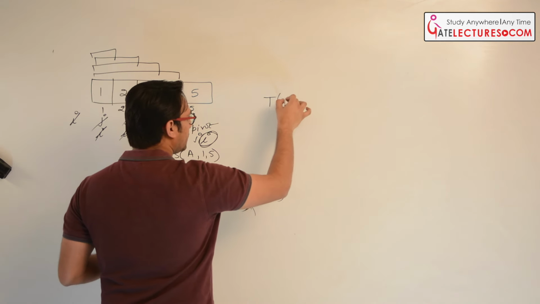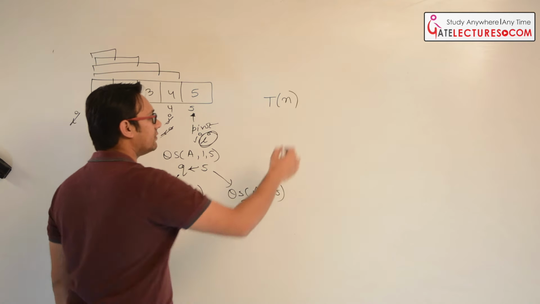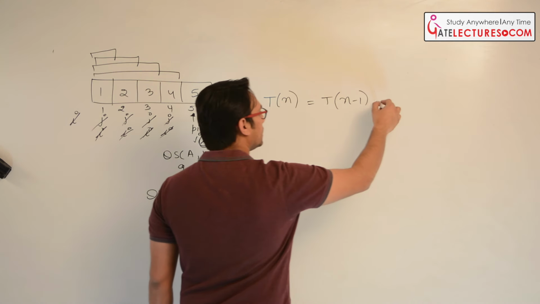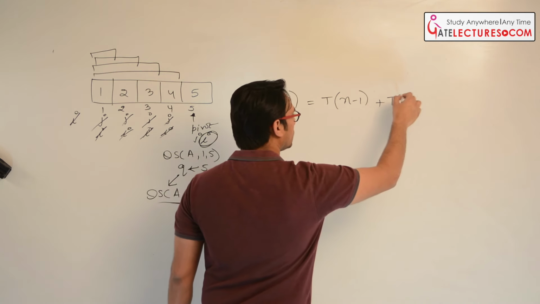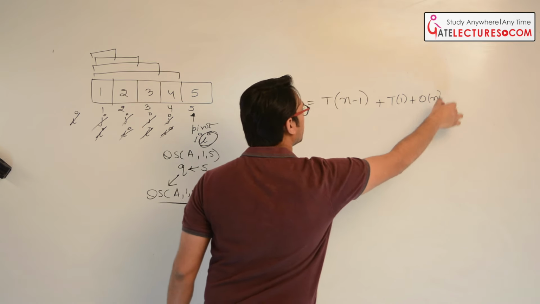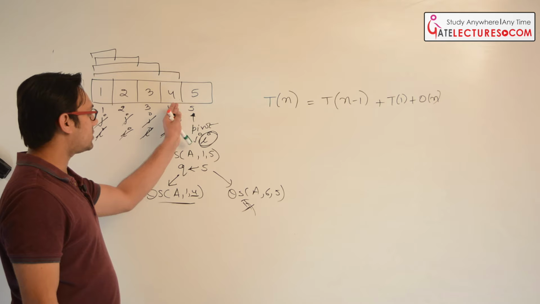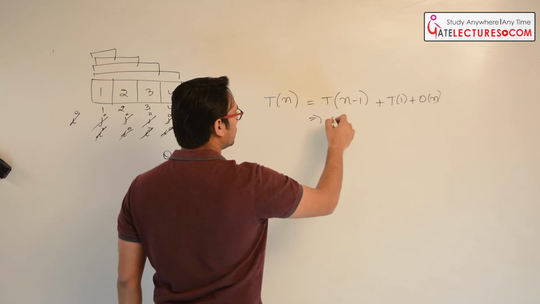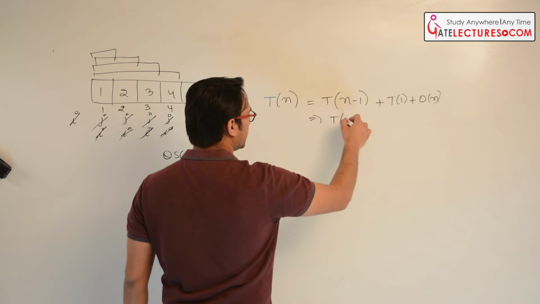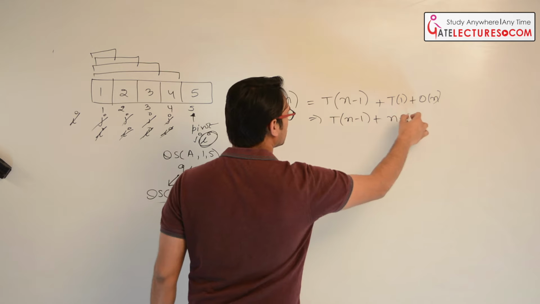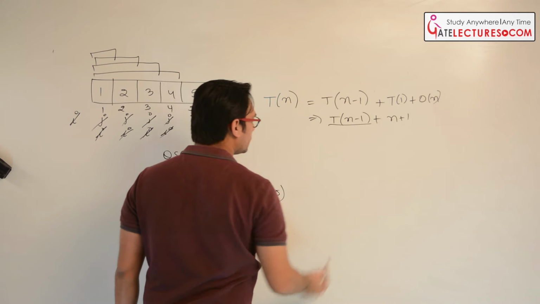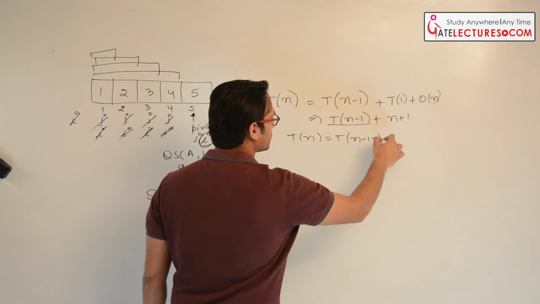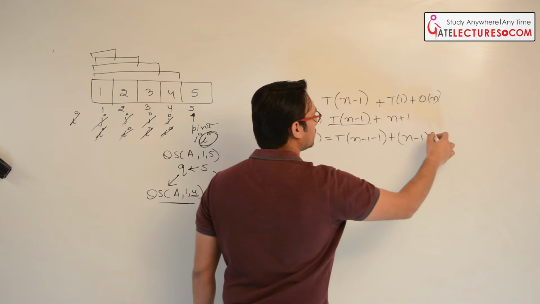So in this case, if you are applying quick sort, then you can easily see what is happening here. The time taken to sort n data items will be equal to the time taken to sort n minus 1 data items plus the time taken to sort one data item plus order of n time for partitioning. That means this one data item is the right half in this case specifically. Okay. Now you can see it is the time taken to sort n minus 1 data items plus n plus 1. Fine. Now if you solve this, you can find out T(n) is equal to T(n minus 1) plus n minus 1 plus n plus 1.